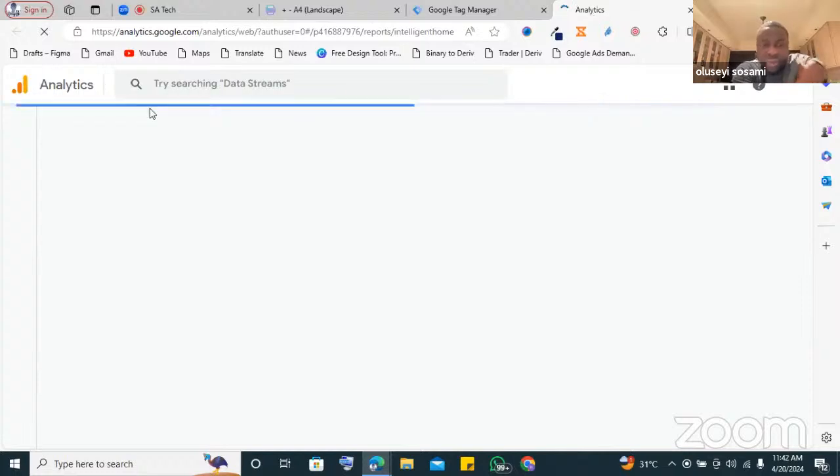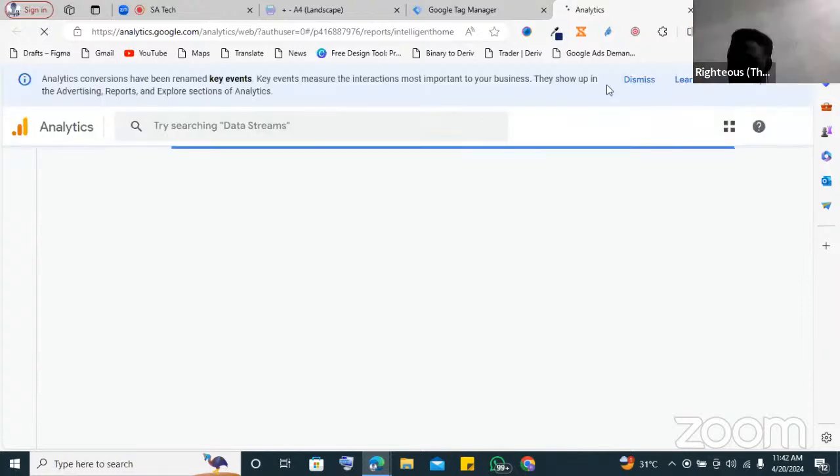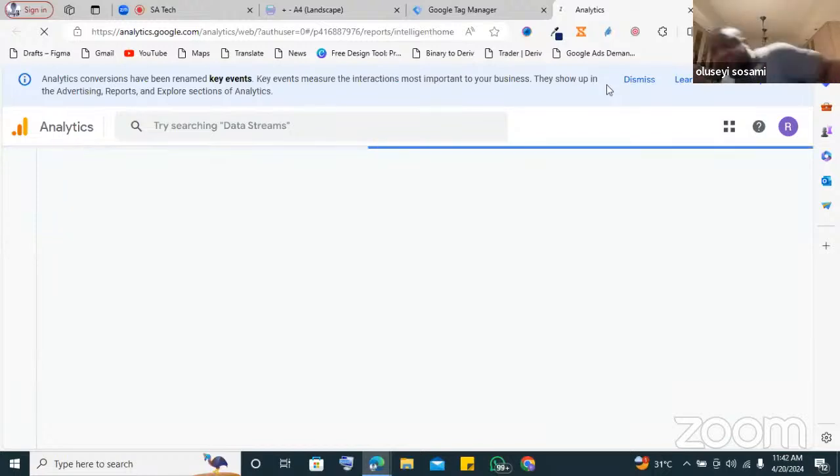Like the network is slow. Why is this thing taking long to load? It's taking too much to load. So while it is loading,